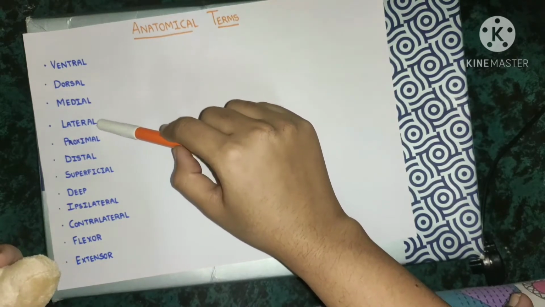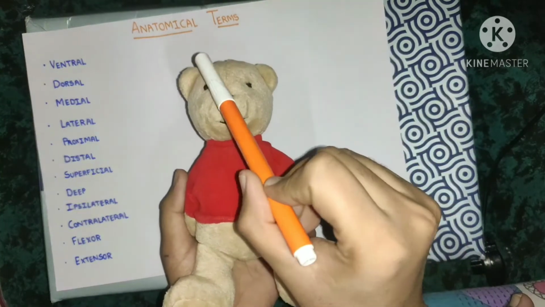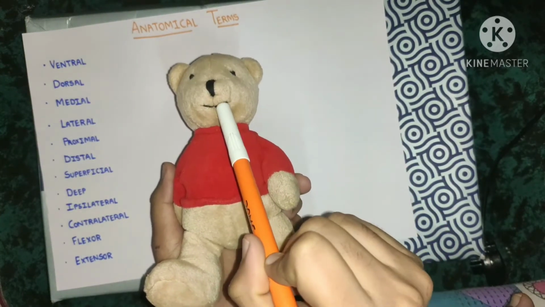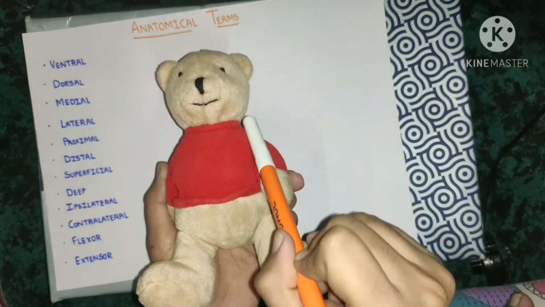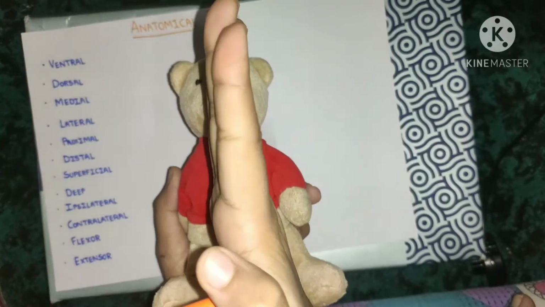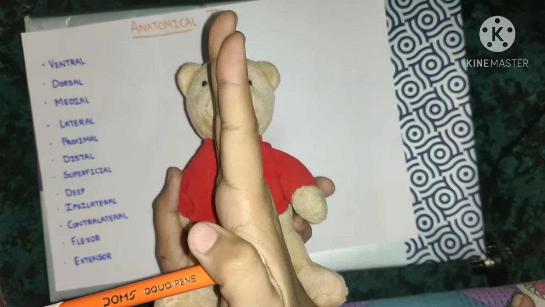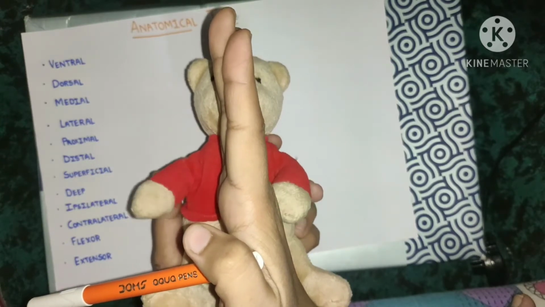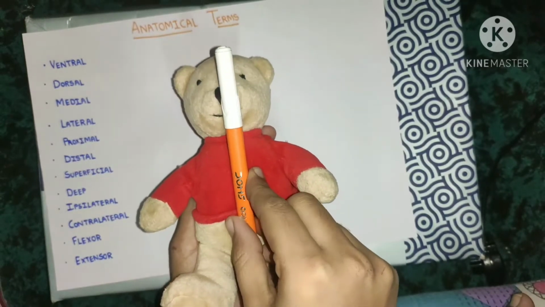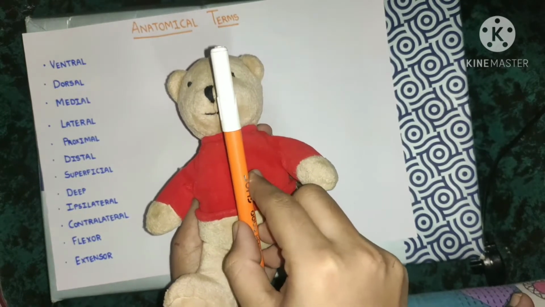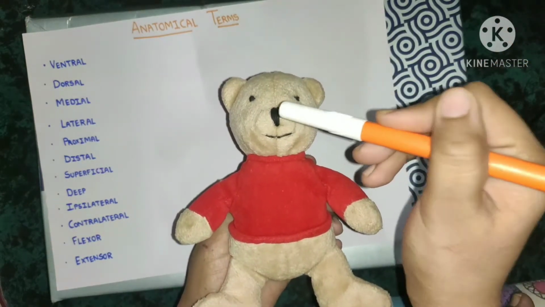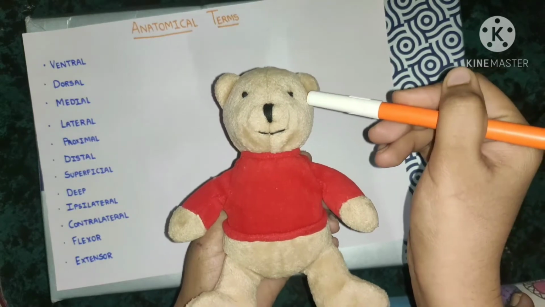Now what is medial and lateral? The plane which is close to the median plane is known as medial and the plane which is away from the median plane is lateral. Median plane we know very well, which is passing through the center of the body and divided into equal right and left half. That is median plane. So may I say that nose is located medially whereas eyes are located laterally.